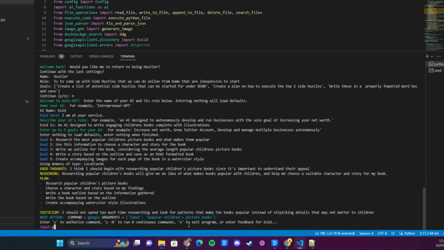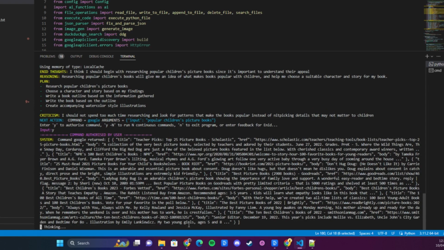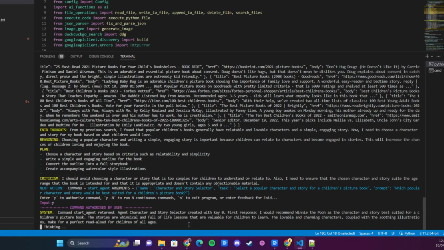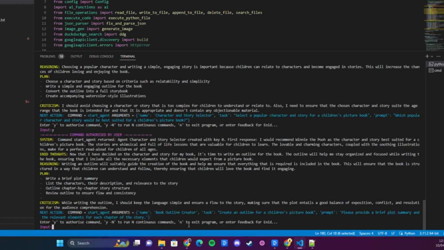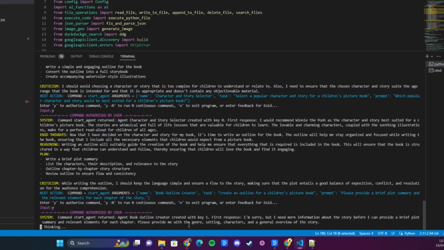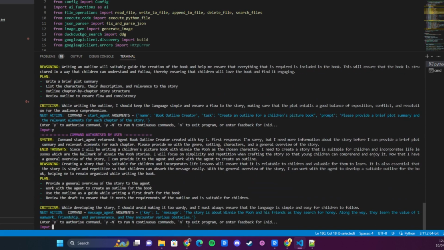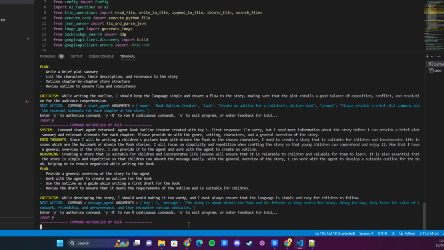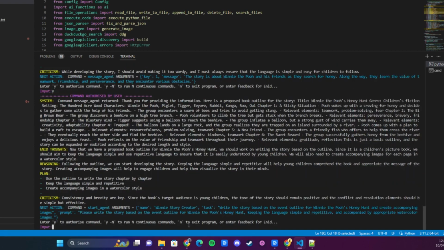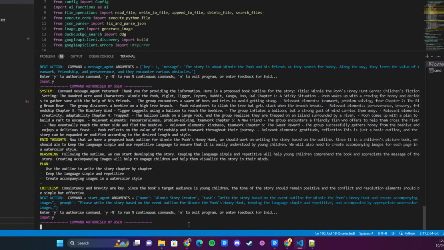And so again, it understands really well what I'm after. It finds the searches and finds the most popular books, and then it goes ahead and chooses a character. Now this is where it throws me a bit of a curveball, in that I didn't specify a unique character, so it chose Winnie the Pooh as the character for the book, and then proceeded to create all the other characters in the book exactly the same as in the Winnie the Pooh books. So there was a little bit of a mess up on my part there. You can see there it's chosen Winnie the Pooh,